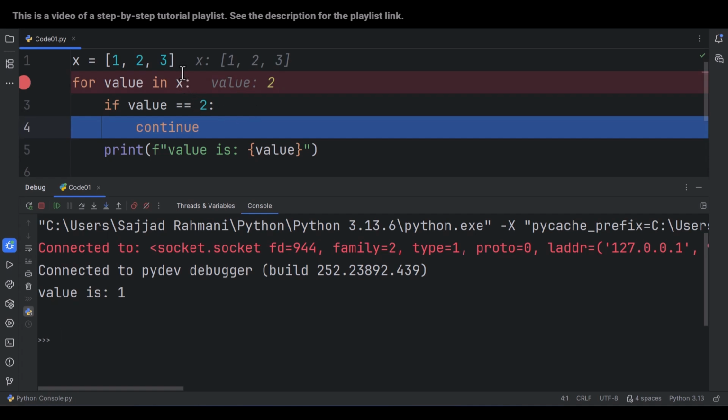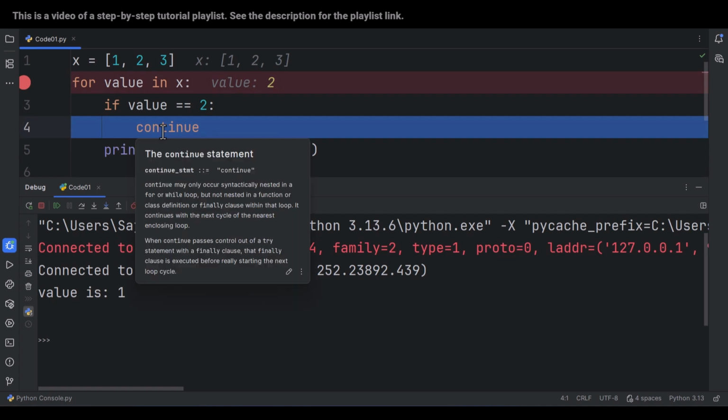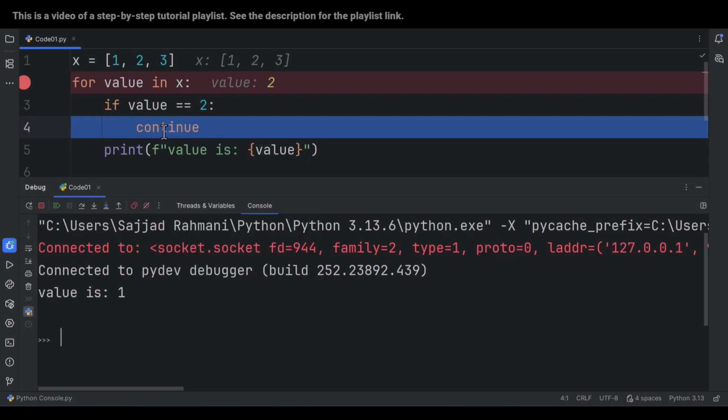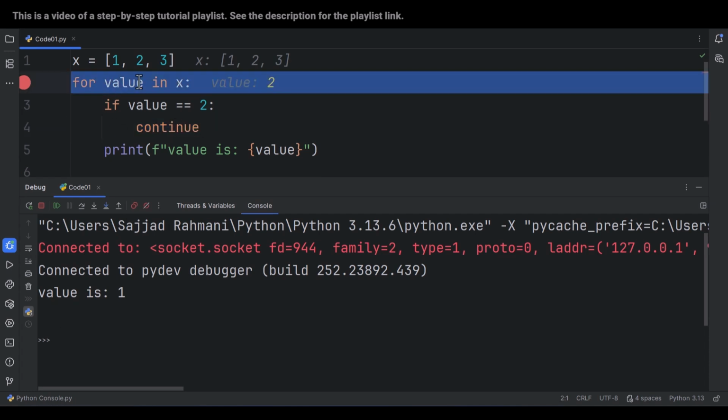As you can see, we are iterating through this X list. And as soon as we reach this continue, it says you need to go to the next iteration. It's like a command. Yes, of course, after this line, we have another line. As you can see, it says print value is value. But here we have a command that says don't care about the other lines, just go to the next iteration, and we should listen to that command. So I press F8, and as you can see, we suddenly go to the next iteration and we don't care about the other stuff after that line,